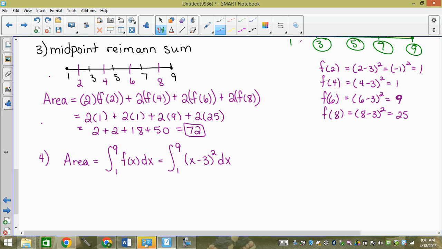Now, what we're going to do is the fundamental theorem of calculus. The catch, though, is we have to be able to actually find the antiderivative of x minus 3 squared, which is complex right now because it looks like a chain rule, right? So I'm not going to use x minus 3 squared. I'm going to use its best friend, the distributed version of x minus 3 squared, because that's way easier to do. That's going to be x squared minus 6x plus